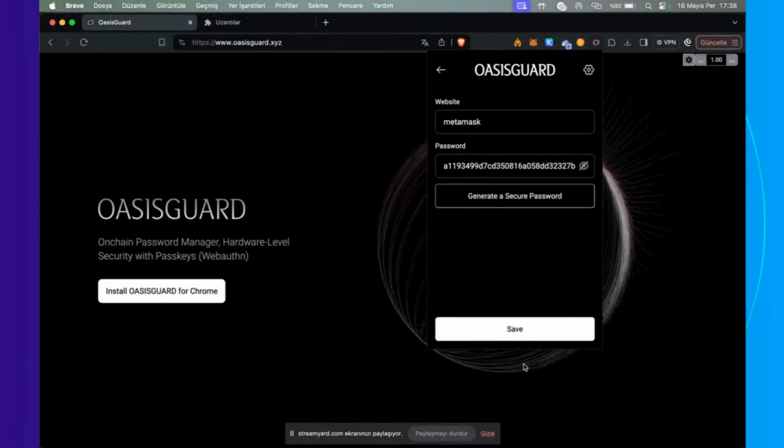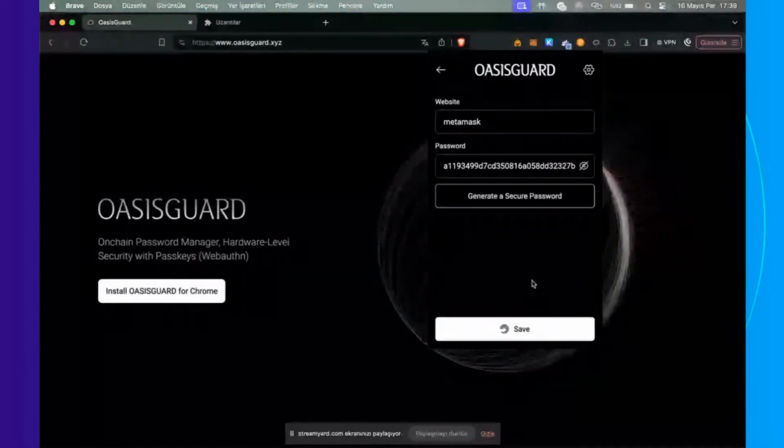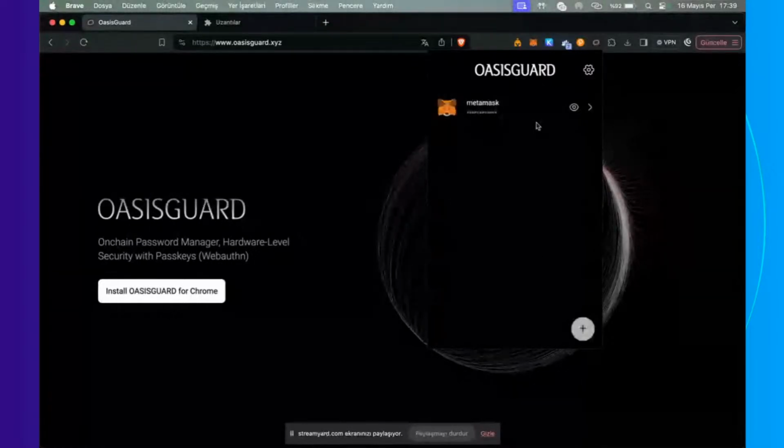So it says to give my Touch ID again. This is okay, and confirmation from the smart contract. I'm waiting for the confirmation. So I always love live demos, right. So this is the MetaMask. You can see